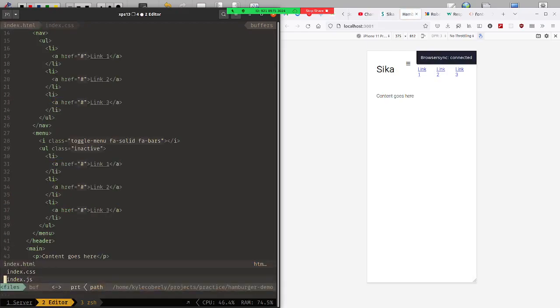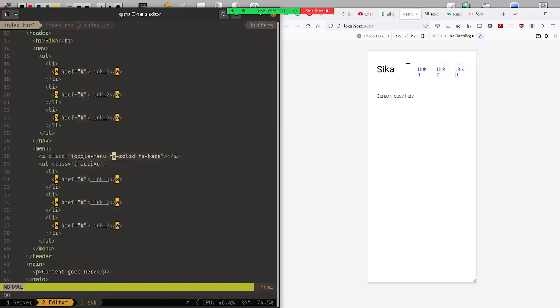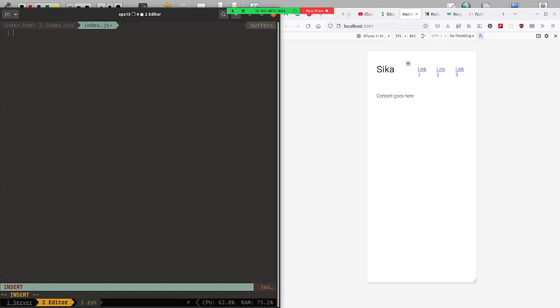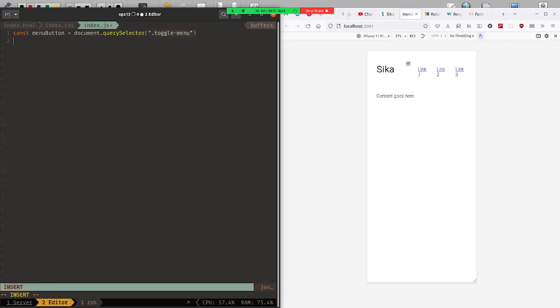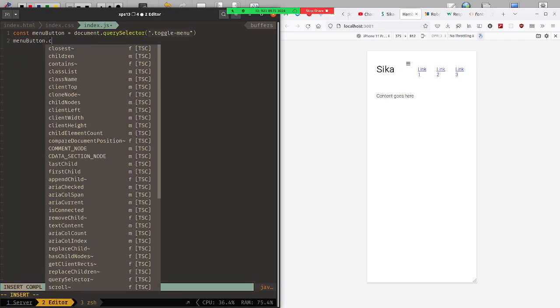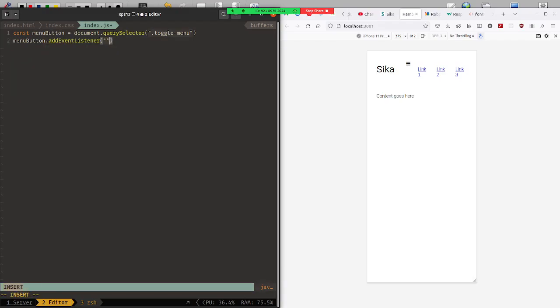So then over in the JavaScript, I want to grab that menu button, and I'll say, give me the button with a toggle menu class. It uses the same thing as CSS selectors. Yeah, toggle menu. And then whenever menu button is clicked,